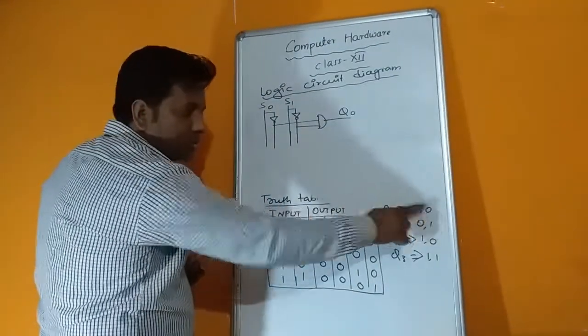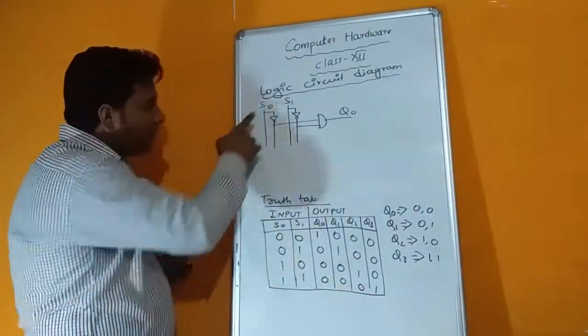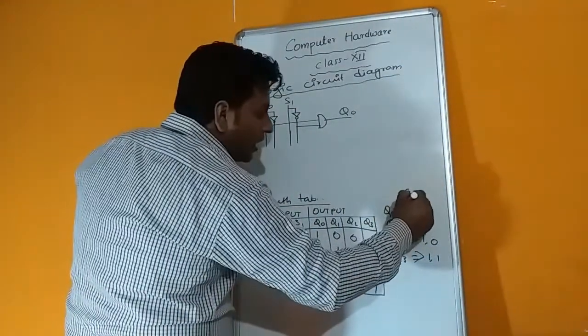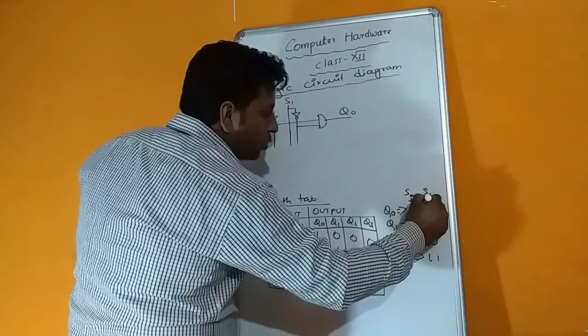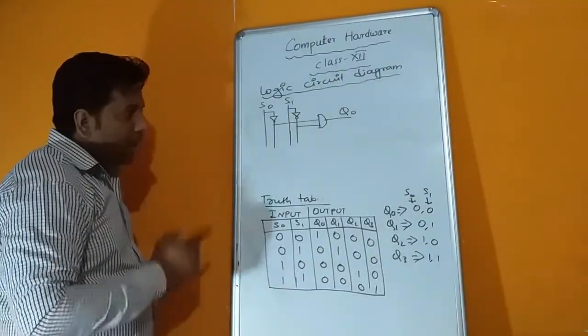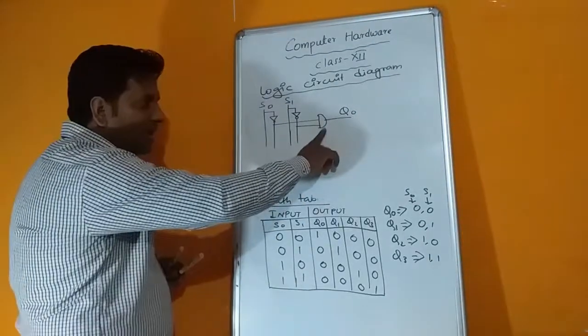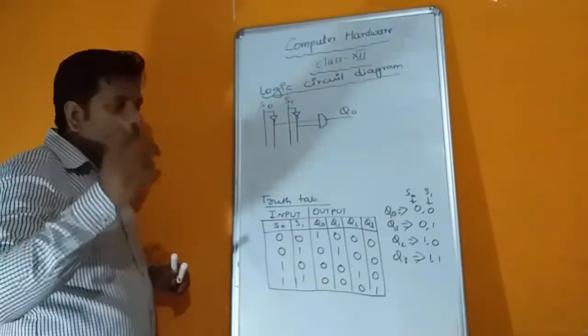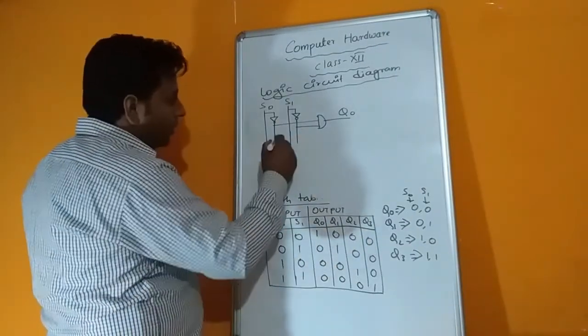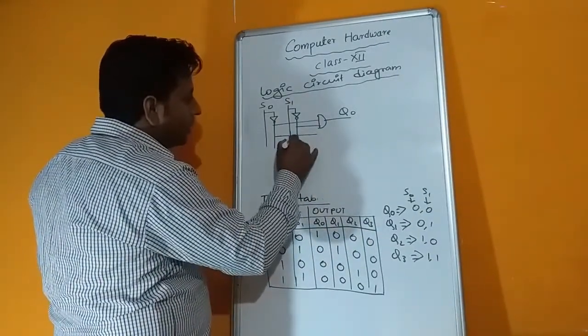Here 0 is the complement of S0, this one is S0 and this one is S1. Okay, another again 0 means complement, and you have to use an AND gate for decoder, an OR gate for encoder. Q0. Now for Q1, 0, 1, 0 and here 1,